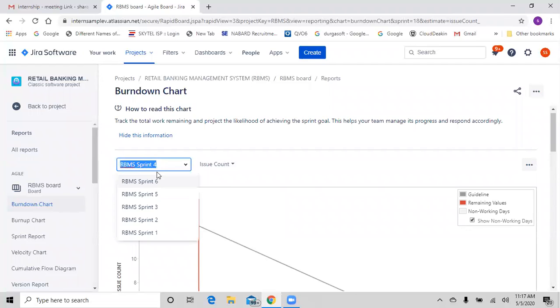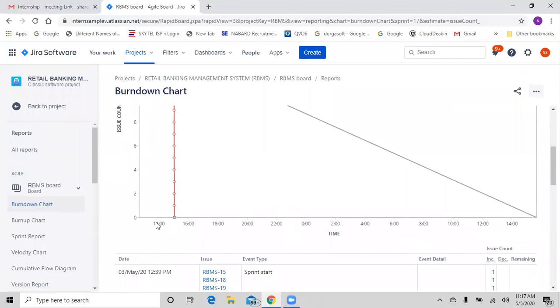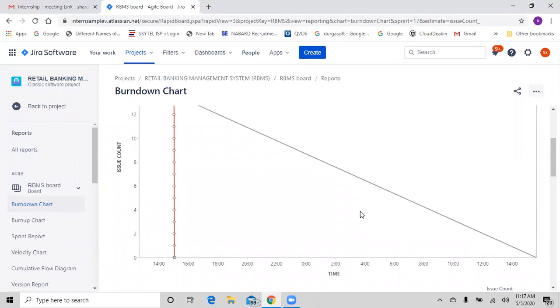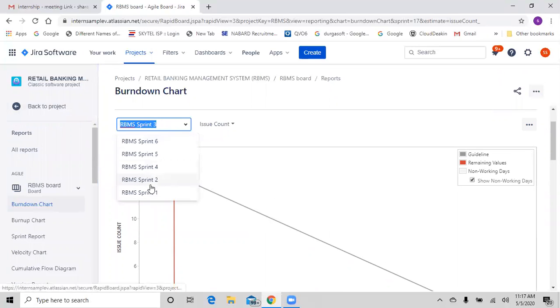So that's it. You want to see sprint 3 as well? Yeah, sprint 3 I've already seen. No, even it's the same gap here. Sprint 3. Okay, same, huh? Same, because of the date issues actually. Okay. And similarly, sprint 2 and sprint 1 as well, straight and flat.